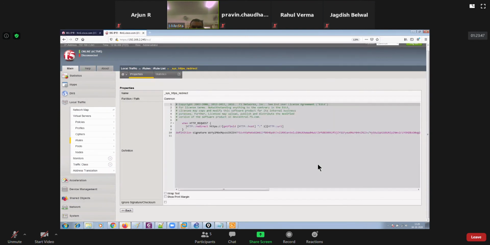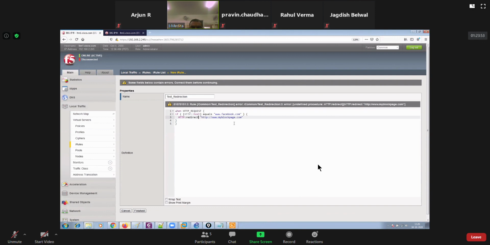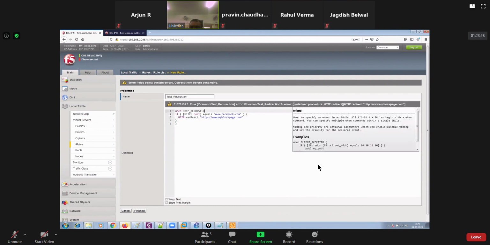Even here also it's the same HTTP redirect, right? And here it says